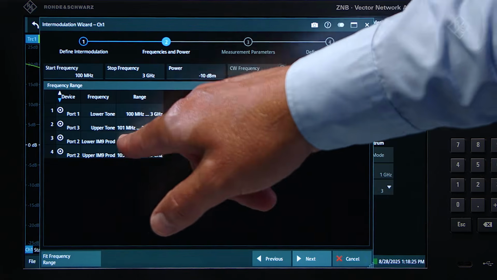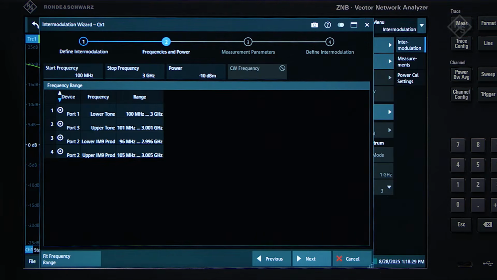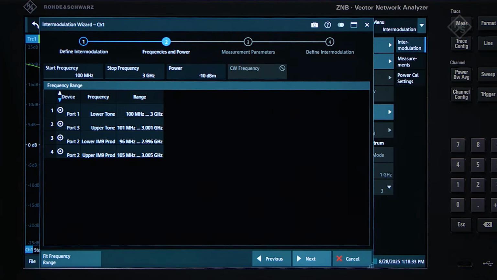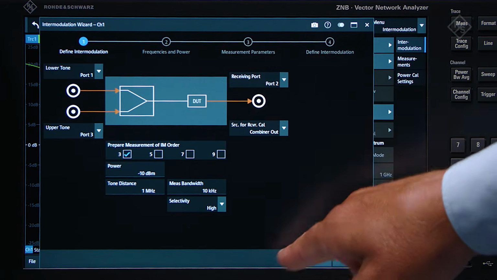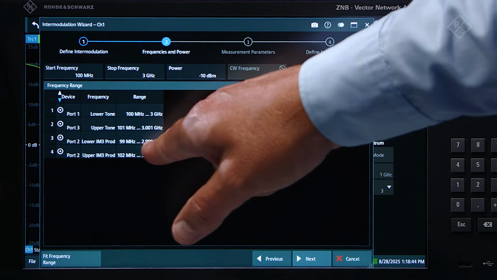So here, this went from the lower IM9 product, which is 96 megahertz, and the upper, through to 3.005 gigahertz for the higher end. If I go back and deselect these and choose next, then we have 99 megahertz and